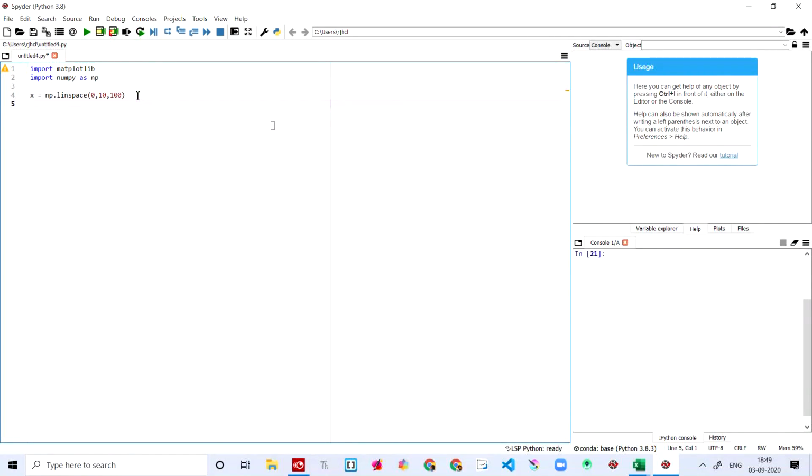And then let's come down, and here we are plotting the data, so we'll say plt.plot. This command is used to plot the data, and then in the parentheses we put x, label equal to linear.